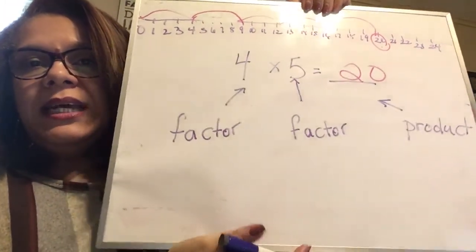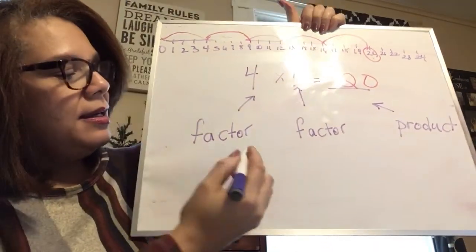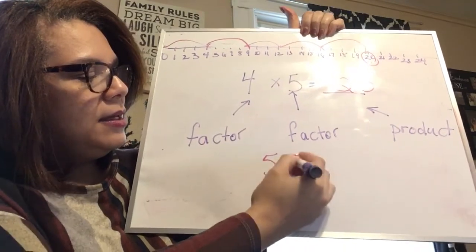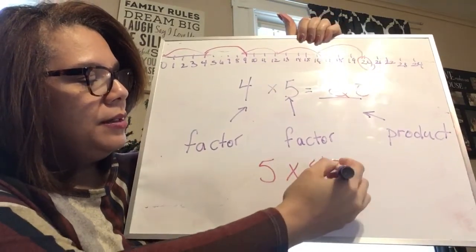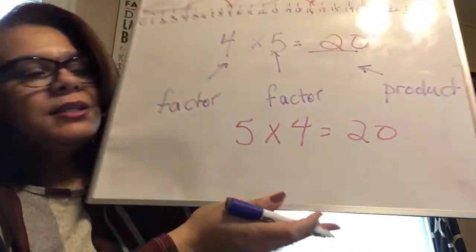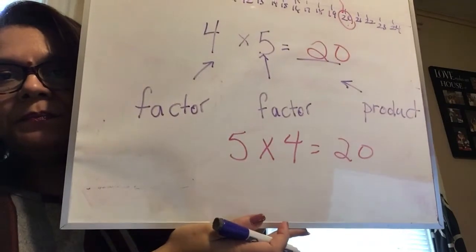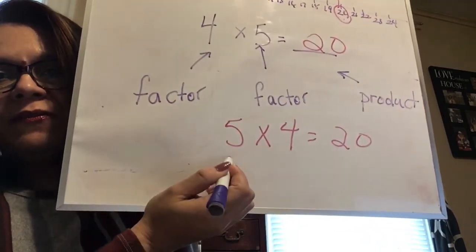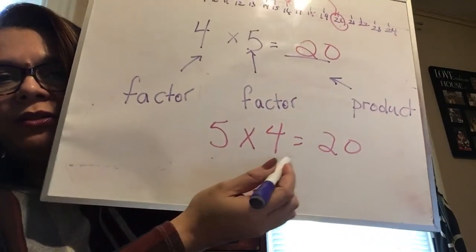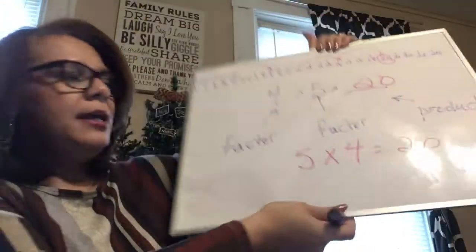Now, what is the related fact? The related fact is 5 times 4 equals 20. And we know that that's the related fact because of the commutative property. 5 is a factor, 4 is a factor, 20 is the product. Okay, let's do one more